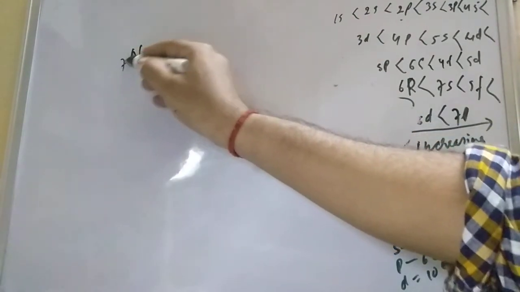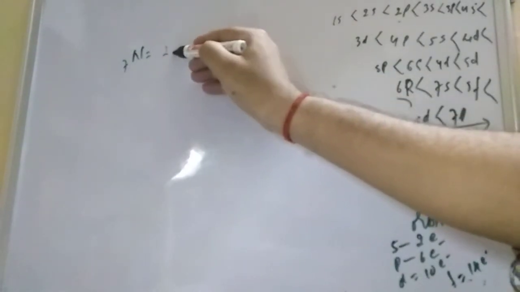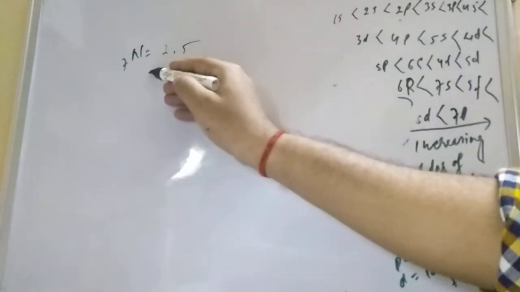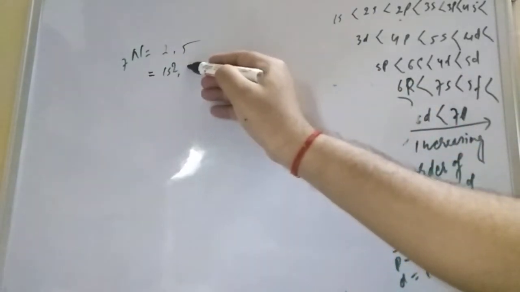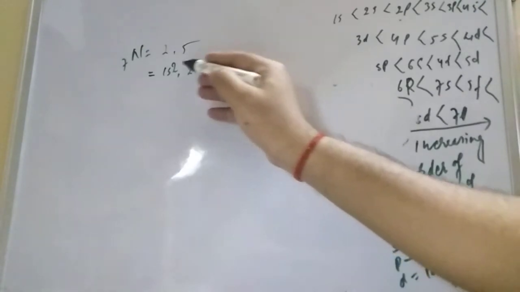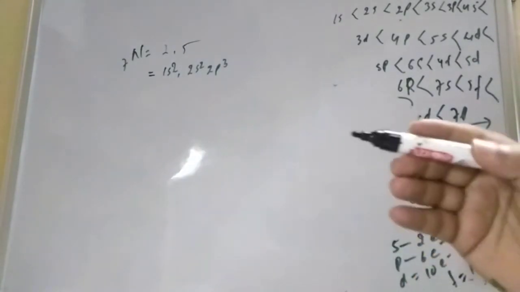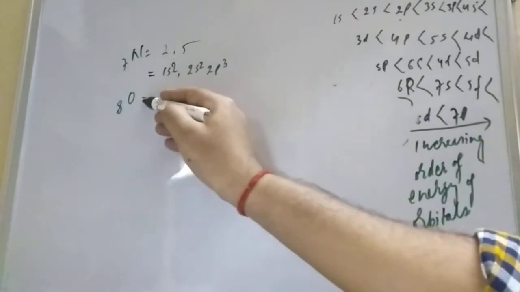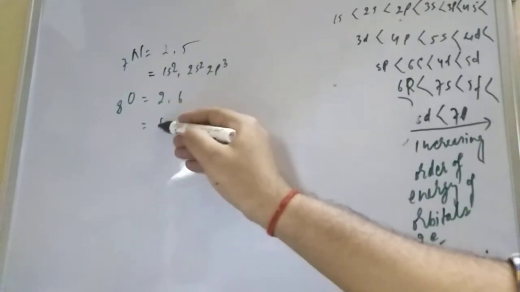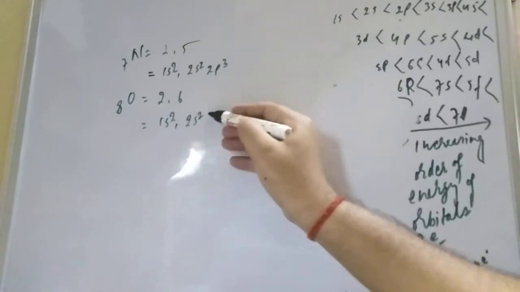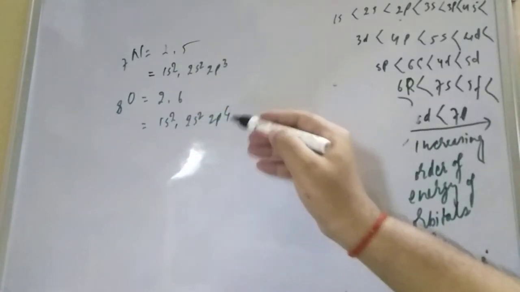If you talk about nitrogen, student, nitrogen is atomic number 7, means 7 electrons it is having. So that is how the configuration you can do, student, 2 and 5. 2 and 5 means 7. So in the first shell how many electrons will be there, student? In the first shell 2 electrons and valence shell 5 electrons. So how to do it, student? That is 1s2, then it will come 2s2 and then 2p, how many electrons? That is 2p3. Nitrogen, after nitrogen, which one will come, student? Oxygen will come. Oxygen is 8. So here, student, 2 and 6 configuration. So what is it, student? 1s2, then what will come, student? 2s2 and 2p4. 2 to 4, 4, 8 electrons.